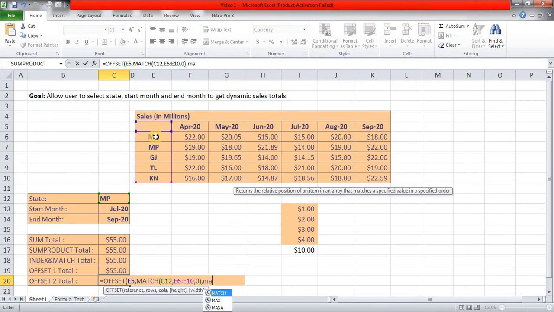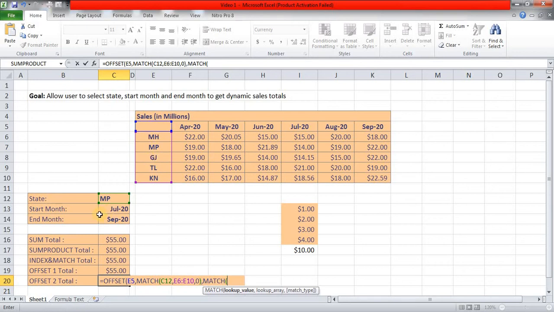For column argument again match, tab, this is my start month, that is my lookup value, this is my lookup array, and we want exact match, so this is over. And now so far as height is concerned, our sales figures are spread across columns and not across rows, so my height argument is not valid here, so I am simply going to put comma.